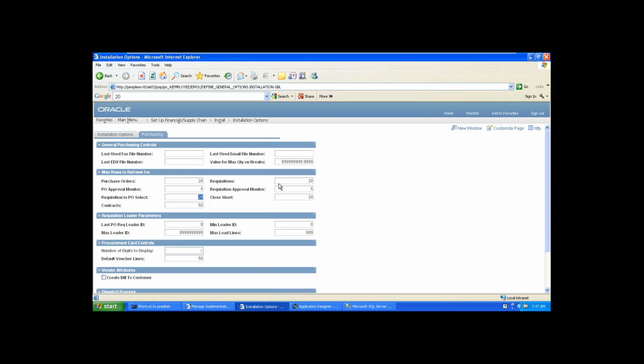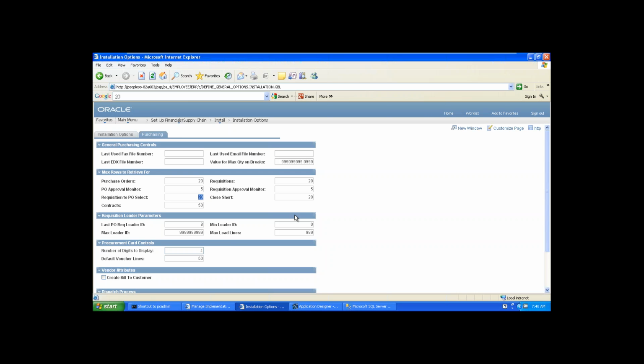Right now you don't know these options, where you can see them while doing the transactions. Once you do the transactions, you can come back and see these options, and then it will be very easy for you to understand. And last, PO requisition loader ID and maximum loader ID.